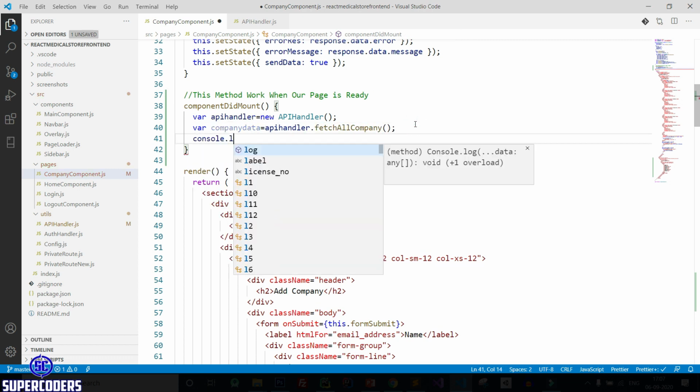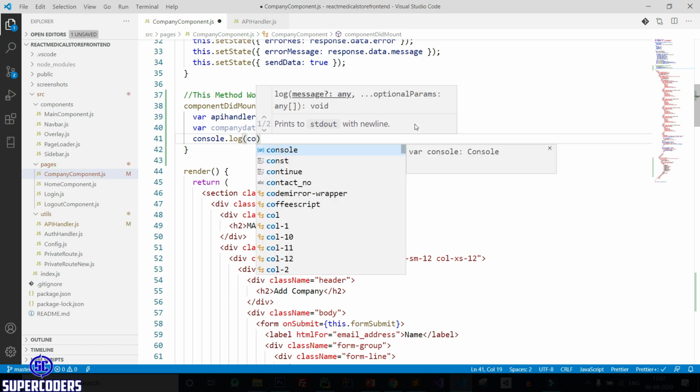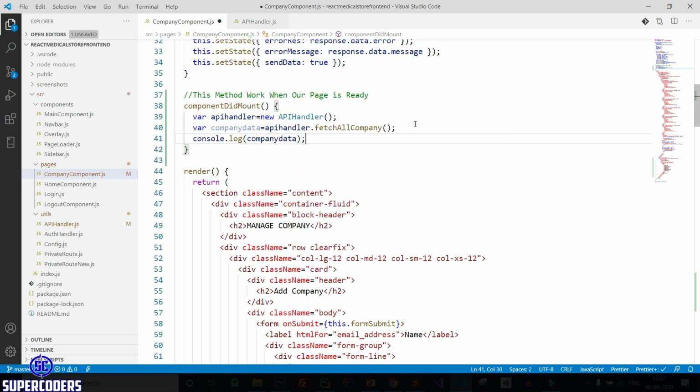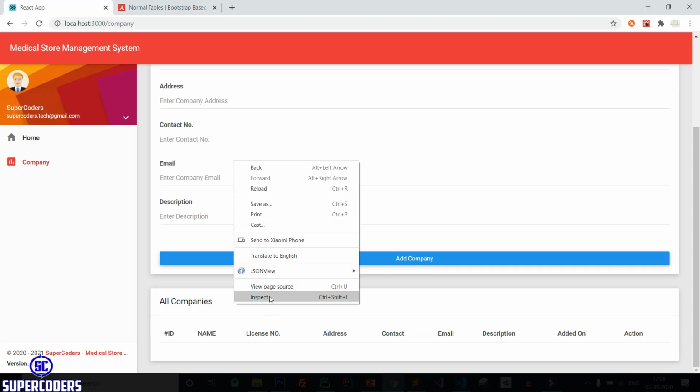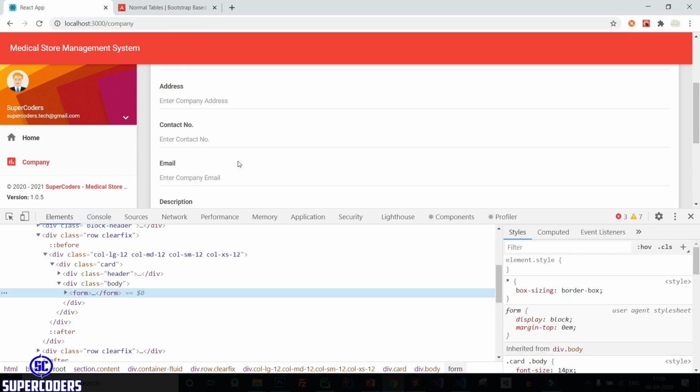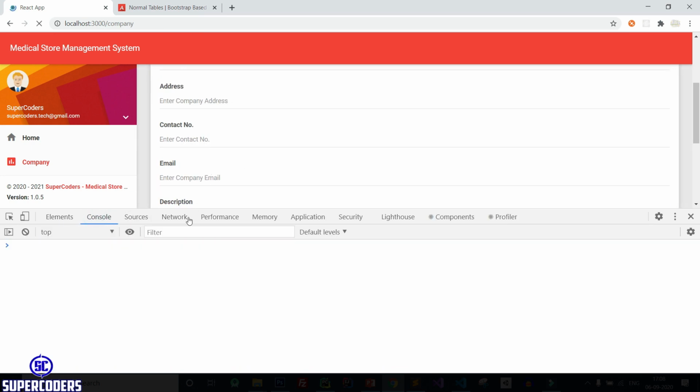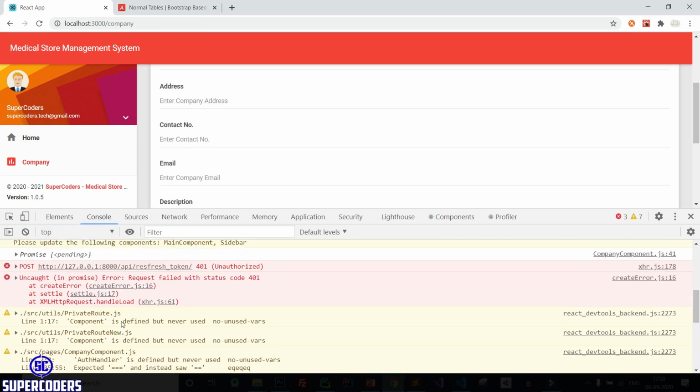So console.log company data. Now save it. Again back to Chrome and let's open console, inspect console, refresh page, and it shows some error.